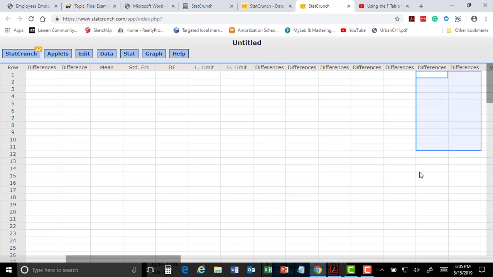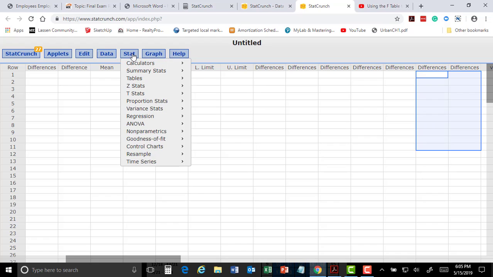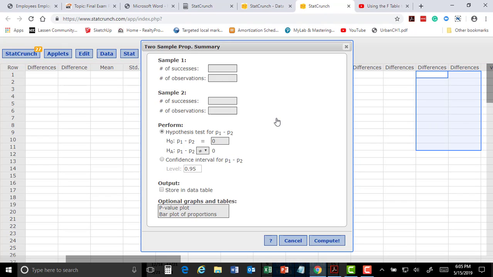Now here's what you were asking. I think you were asking me one time about how to do this. So we do proportional statistics, right? And we have 2 samples. Okay, now here's where you put with summary, because we don't have data. So here, now what was the number of successes